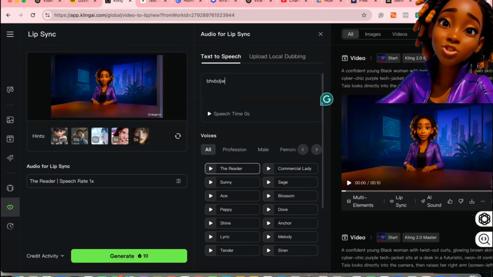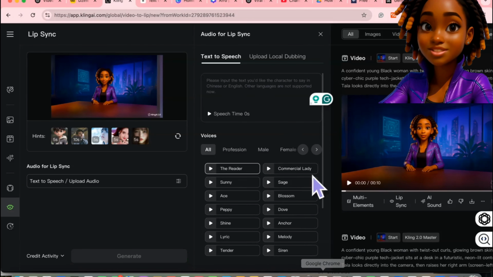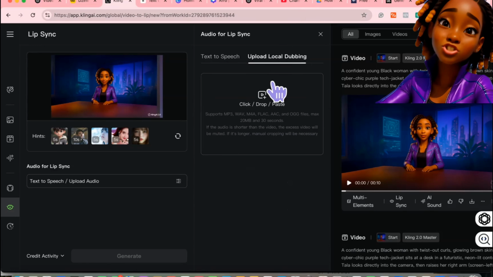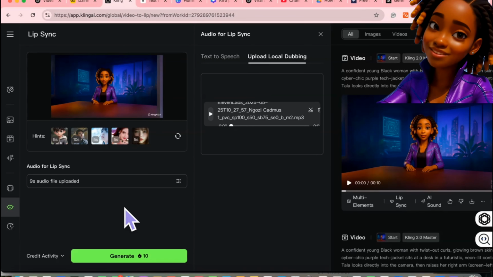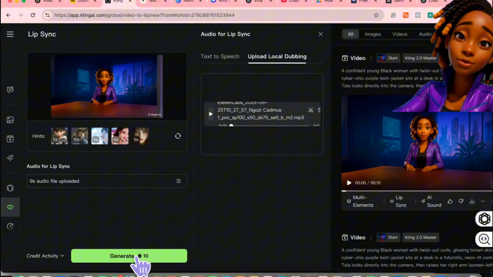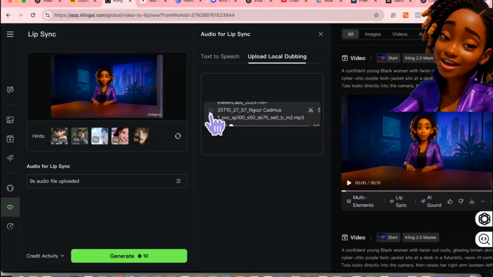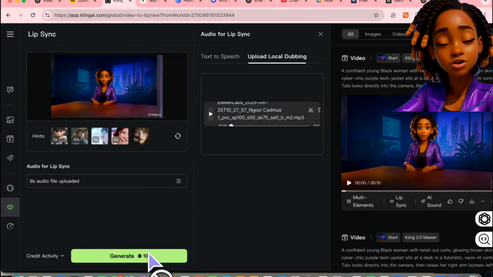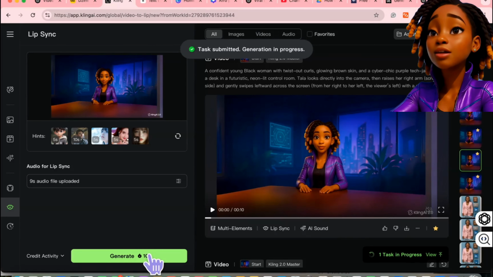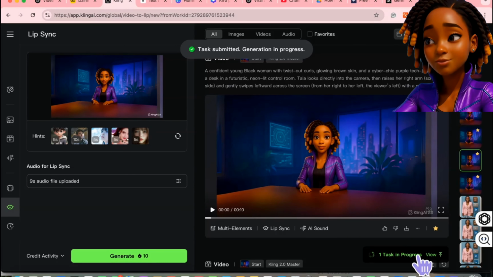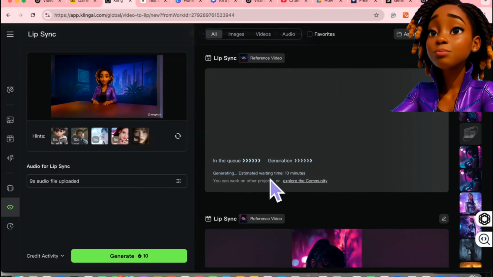Kling gives you the option to use one of their built-in voices, but if you already created your own, just select Upload to Local Dubbing. Upload your audio. Kling will give you a quick preview so you can make sure everything sounds right. Once confirmed, hit Generate. It usually takes about 8 minutes to process, and then your avatar will be perfectly lip